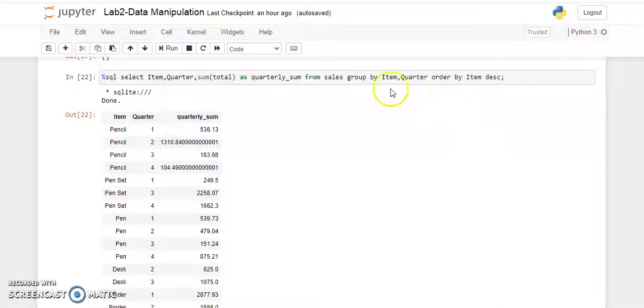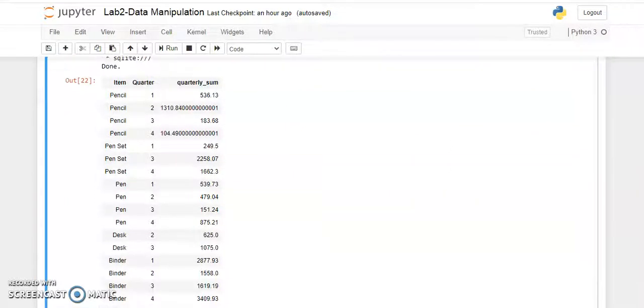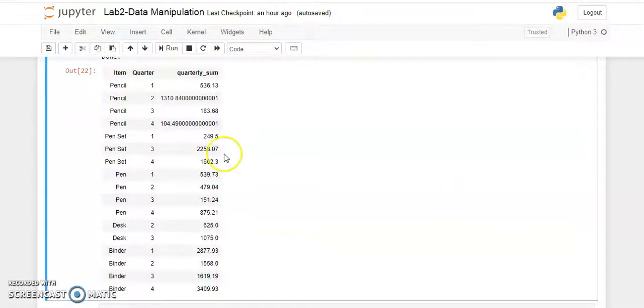So I created a query for the same: select item, quarter, and the sum, grouped on the basis of item and quarter, ordered by items. Here I can see that I got what I needed on the basis of pencil, with the bifurcation on the basis of quarters, giving the quarterly sum for each quarter.